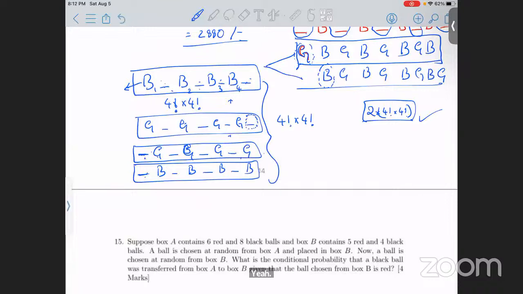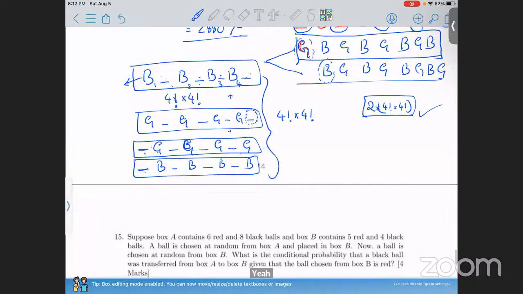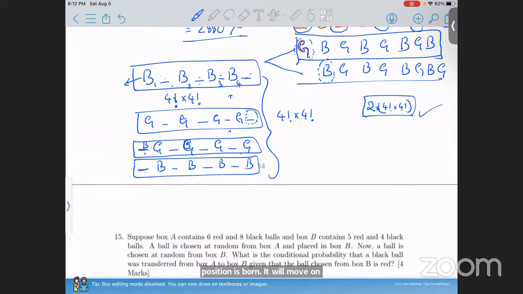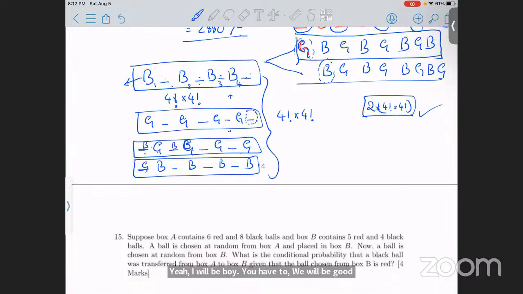There will be one position, one such position. I'm unable to get it, sir. Yeah, the first position blank means the first position is boy. It will be boy. You have to put boy only. It will be girl. Then the same thing you have